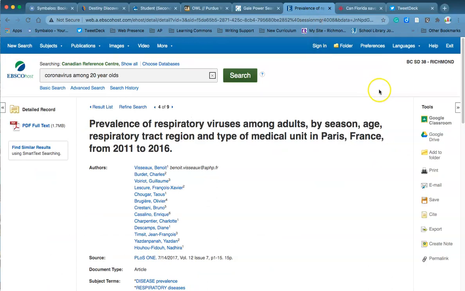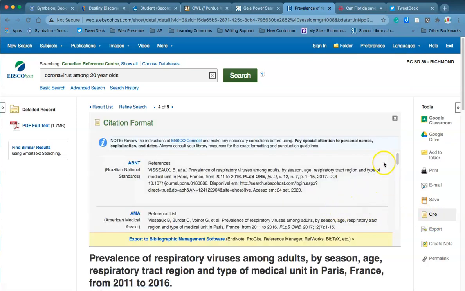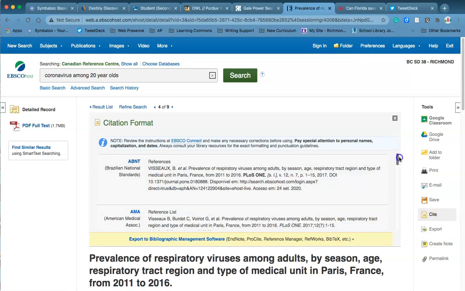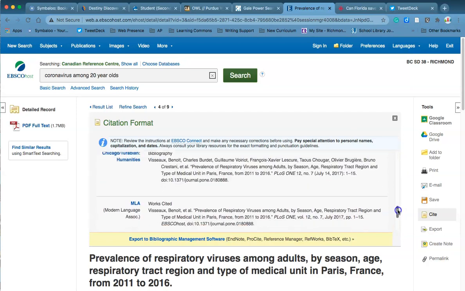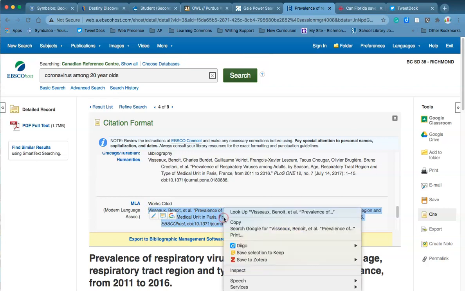If you're in the EBSCO, you can do much the same thing. You don't have the Microsoft option, but we're working on getting a Google Drive option. But they also have a citation button. Click on Cite. This one's a little more powerful because it gives you more choices that you can put your text into, but it will still give you the right format. So for the MLA style, all I have to do is highlight, copy,